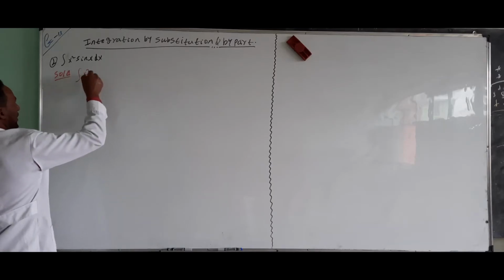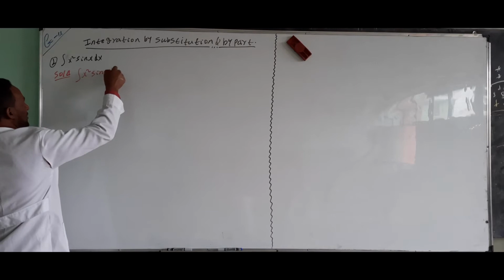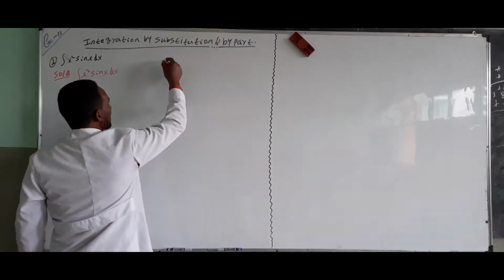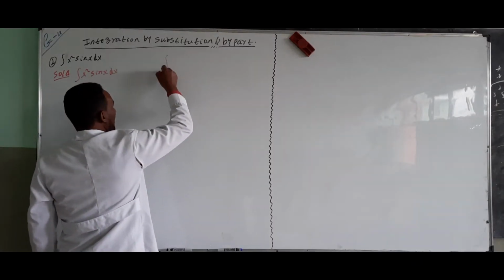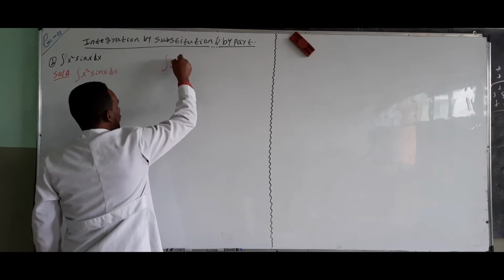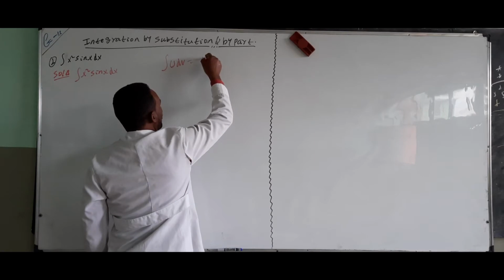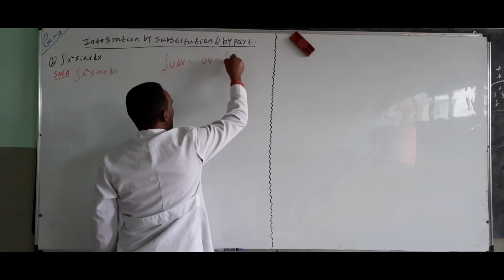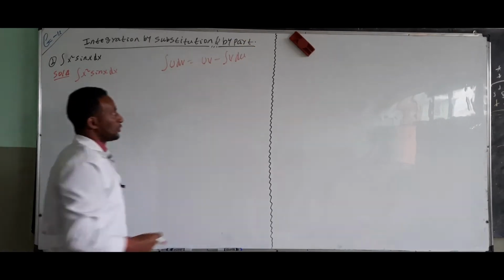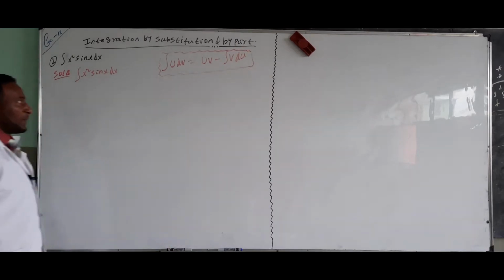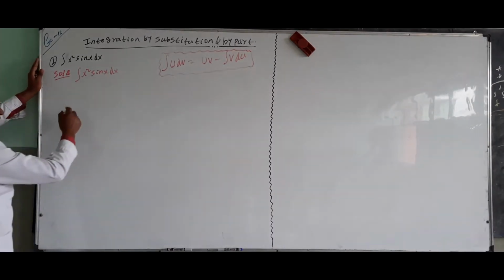Integration of x square sine x dx. The formula of integration by parts is this one. Integration of u dv is equal to uv minus integration of v du. This is the integration by parts formula. Then in this function, let